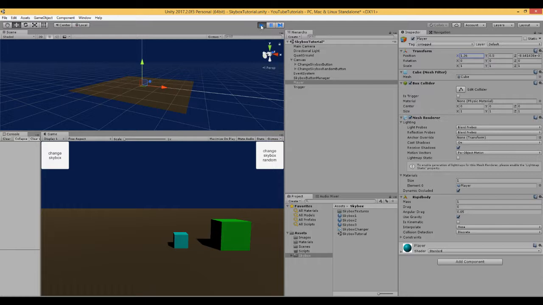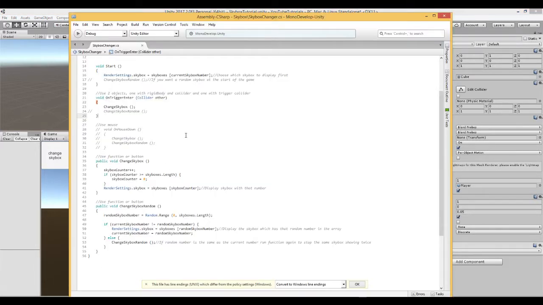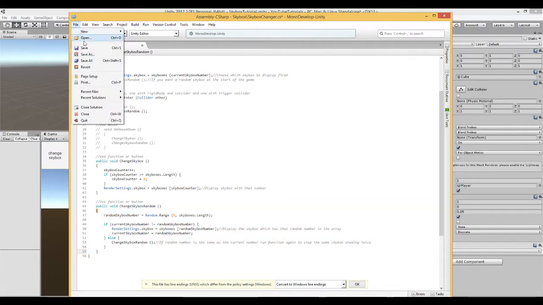Good. Now we may want to do that randomly. Okay, and so again, back in our script, what we can do is say, okay, instead of on trigger enter change the skybox, use the skybox function, we can use the change skybox random function instead, this one. Okay, so it'll change it randomly. So let's go file, save,